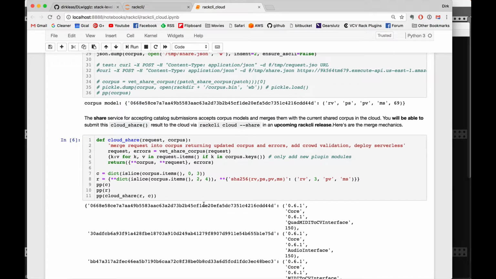Now I can go ahead and use what was calculated up above to actually do the share request. So what I've got here is a cloud share function, and it takes a request and processes against the corpus. Now, this function would actually be running in the cloud. Okay, so the request, again, it looks at my catalog and creates just enough data to provide the width, to